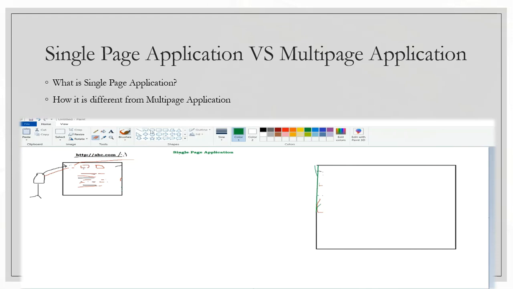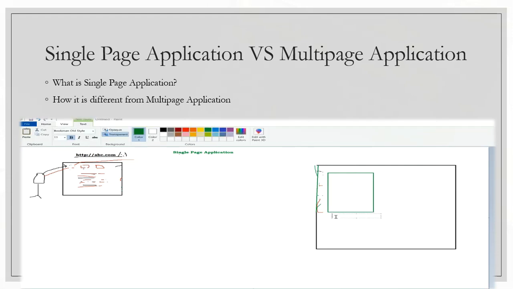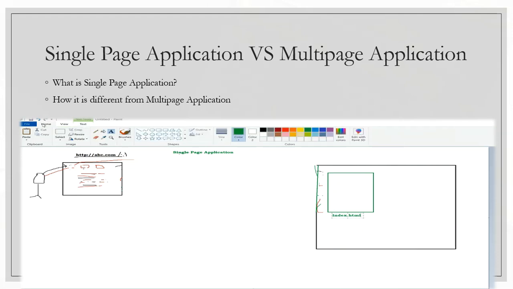So in single page application, instead of having multiple pages, we are using one single main page. Let's take it's an index.html, or home page. By default in Angular, we are using the index.html. So I'm using the same. And we are also having other pages as well, like these are the 4 pages which we used in multi-page application.